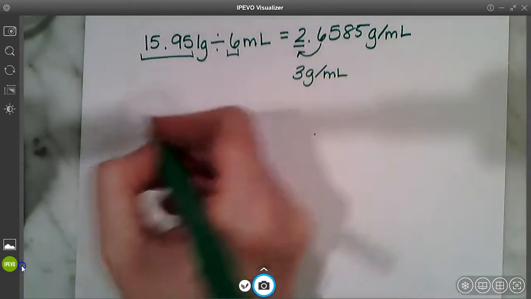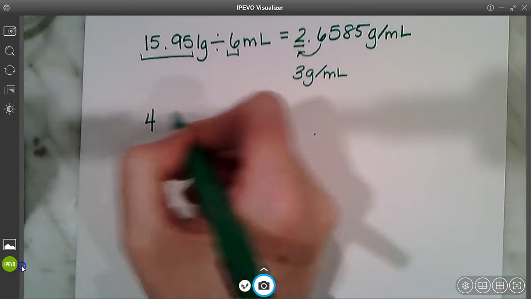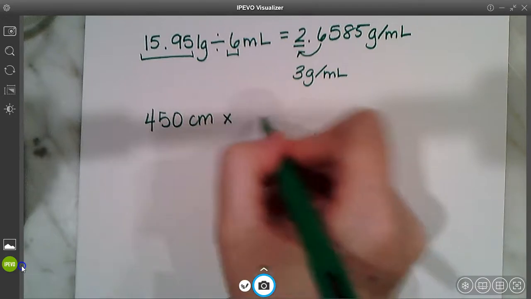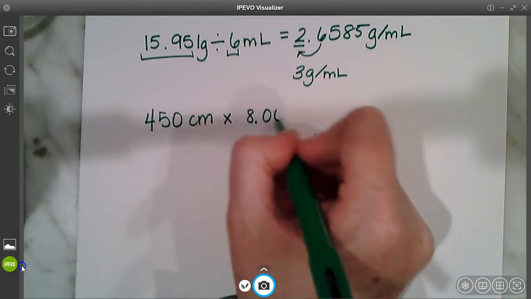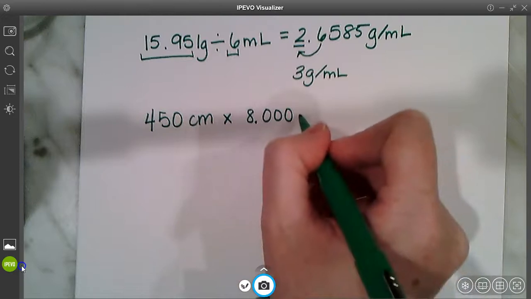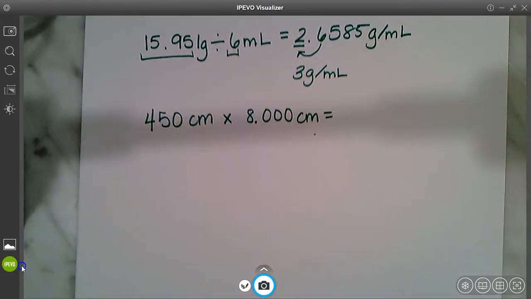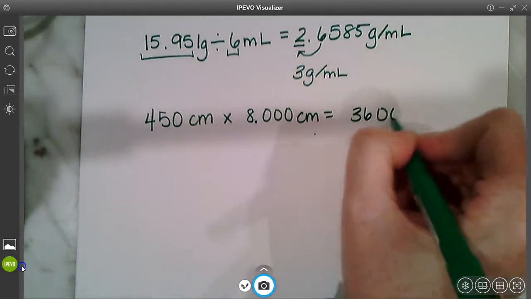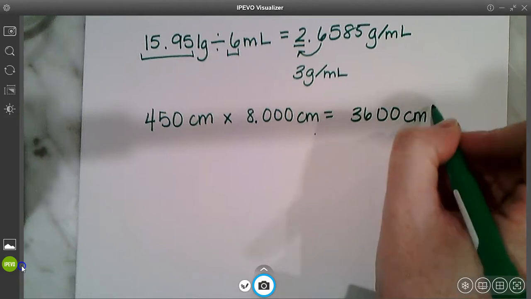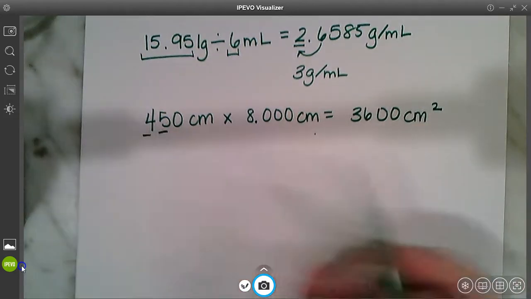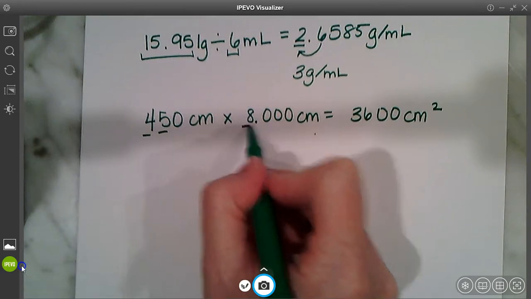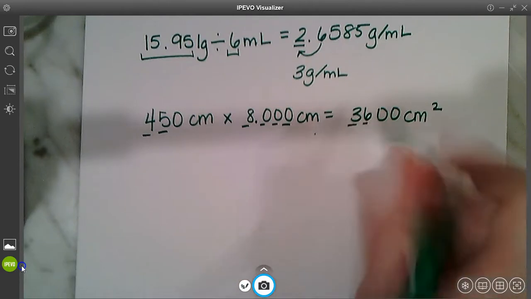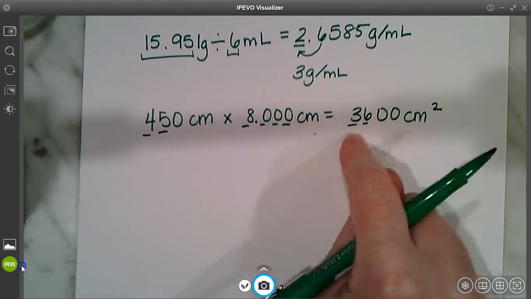We can do another. Let's say I have 450 centimeters, and I multiply it by 8.000 centimeters. So 450 times 8 in the calculator gives us 3600 centimeters squared. This has 2 sig figs. The last 0 is not significant. This has 1, 2, 3, 4. So I only can keep 2 sig figs. So 1, 2. This happens to have 2 sig figs in it as well, so I actually don't have to